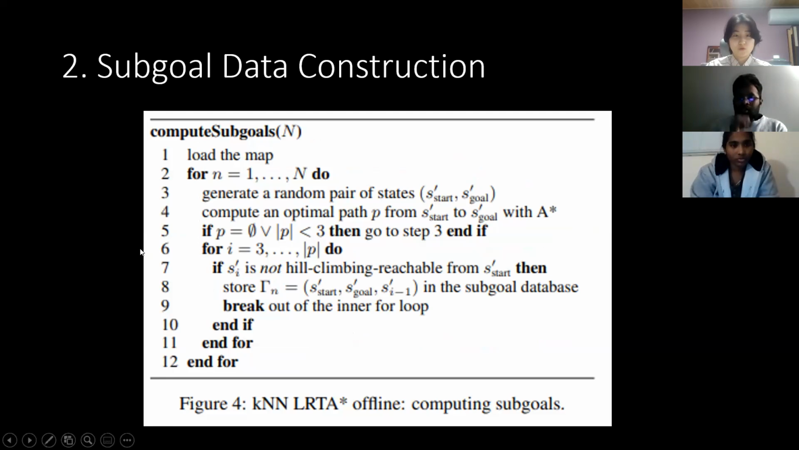Okay, I will continue to explain the algorithm for sub-goal data construction. First, to load the map, and it's the number of sub-goals. The best sub-goal between S prime start and S prime goal is defined as the farthest state along an optimal path from S prime start to S prime goal, which is still reachable from S prime start via simple hill climbing. The line 3 creates